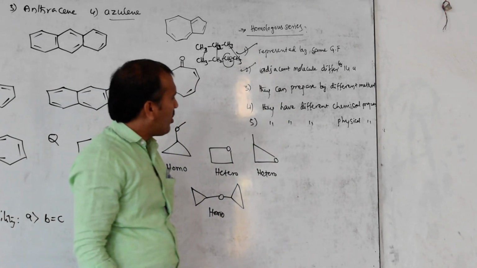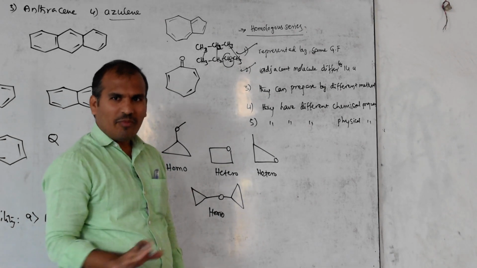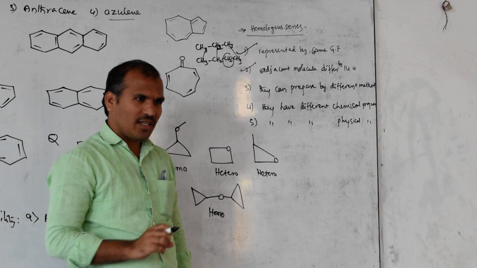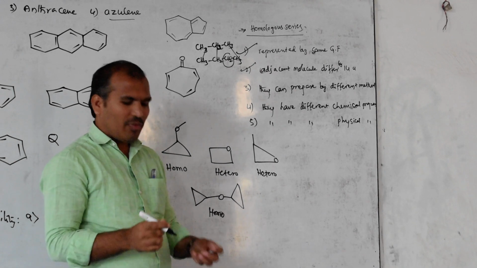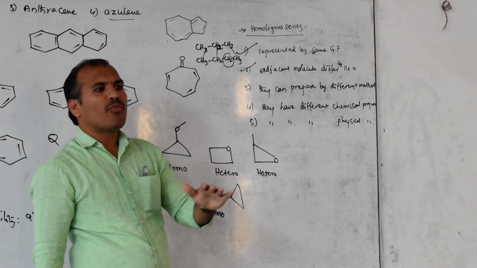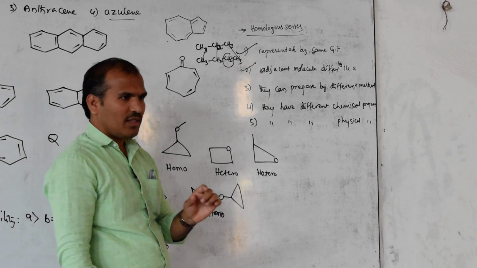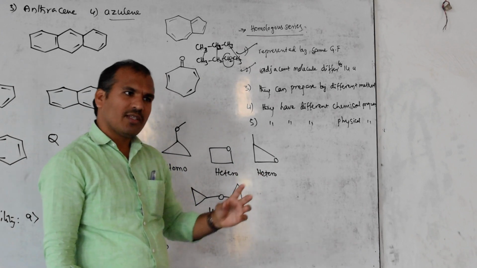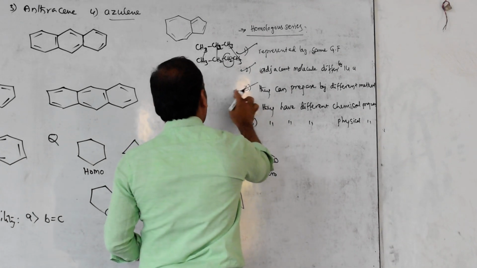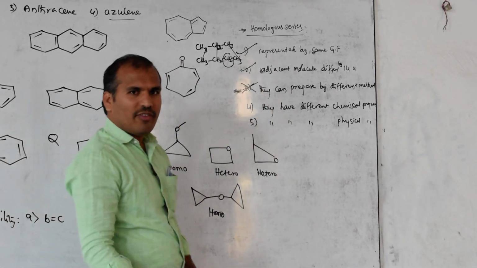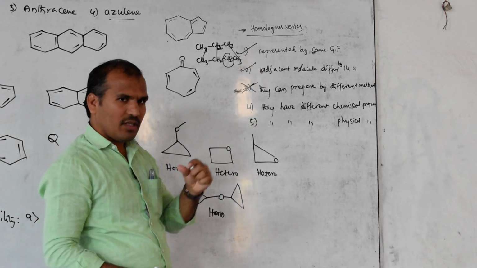Then next, they can prepare by different methods. Generally, the same method we are following. For example, in Wurtz reaction, except methane, all others we can prepare. The same method is followed. Any one method is there, in that all types of compounds we can prepare. Some exceptions may be there, but this is the generalized statement. So all compounds we can generally prepare by the same method. So this is wrong. Different methods are there, but in that particular method we can prepare all types of homologous